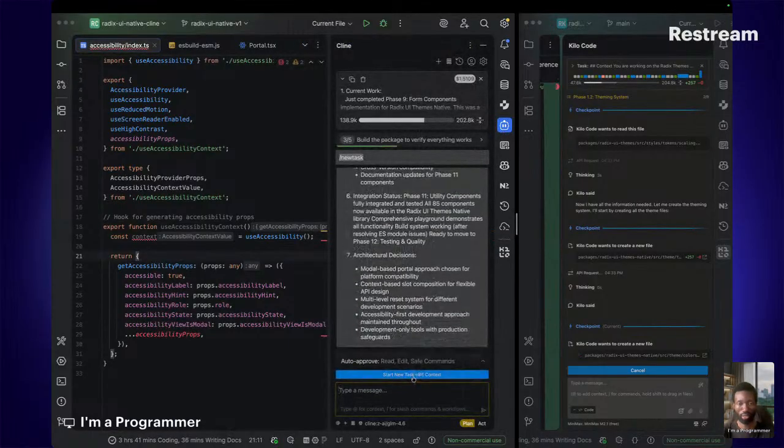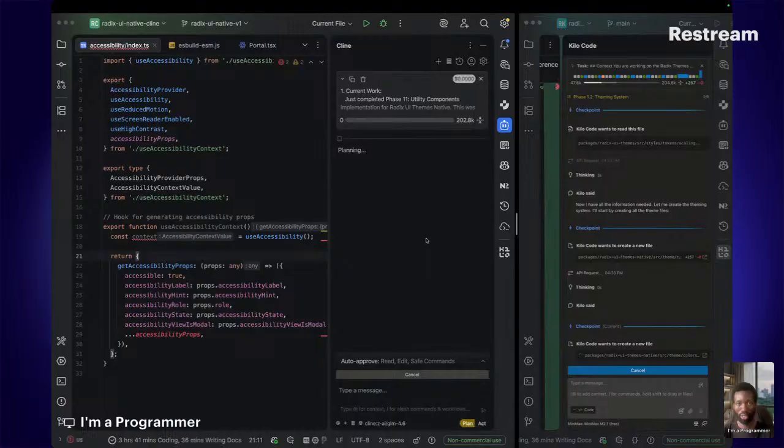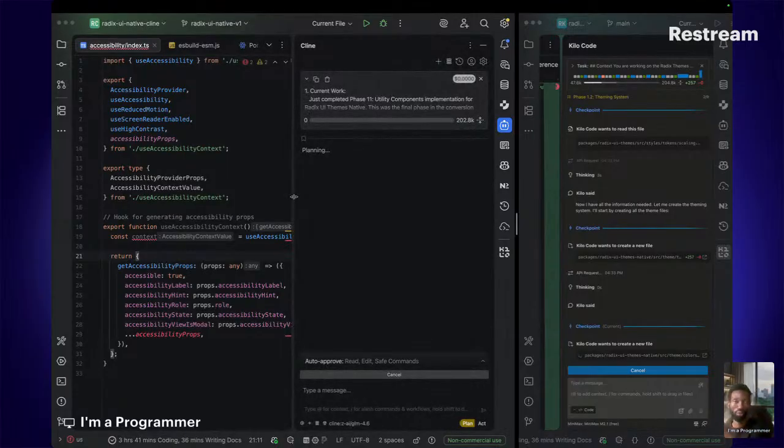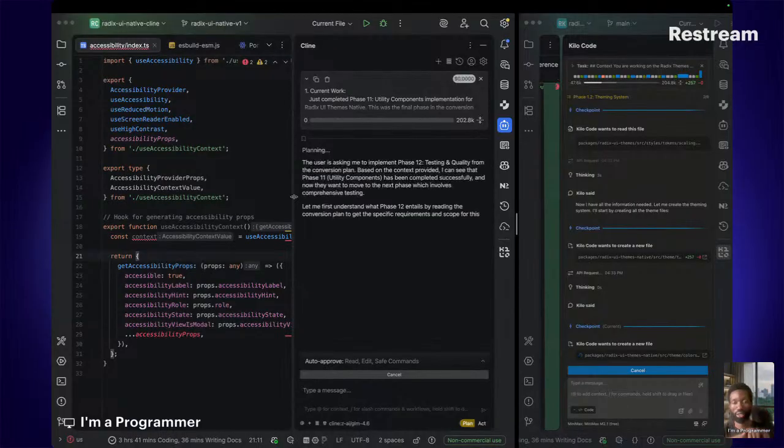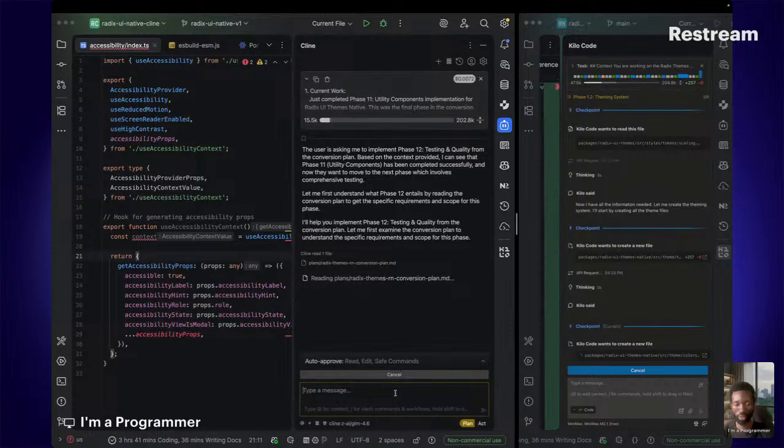Next thing to do is start task with new context. I know it's not going to fix anything because I've not told it anything. I'm just getting the context from the previous file. I'm telling the new task to understand what has been done before I tell it what I want to do, which is very important. So what I'm going to do is I'm just going to type and say, okay, now